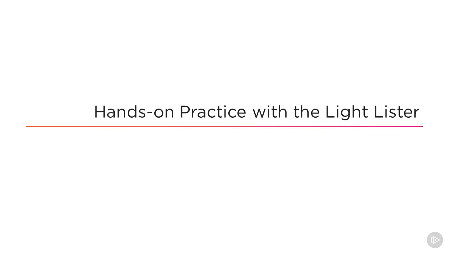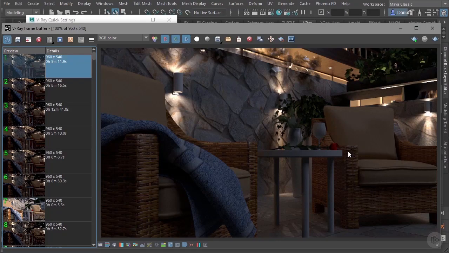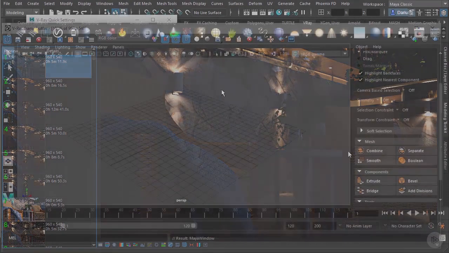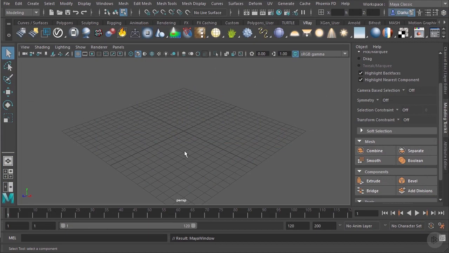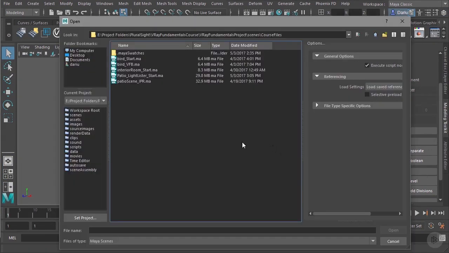Now let's get our hands dirty managing lights in a more complicated scene. In this clip, we pick up from the previous clip on the render quick settings and light lister and get a little more practice managing a larger scene and turn a day render into night. Open the scene file, patio light lister start,